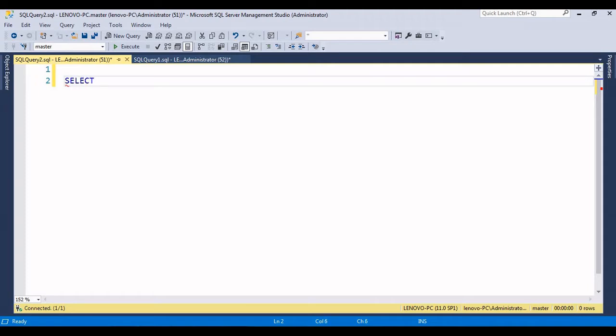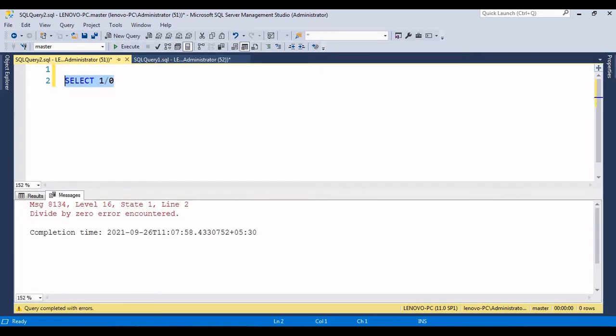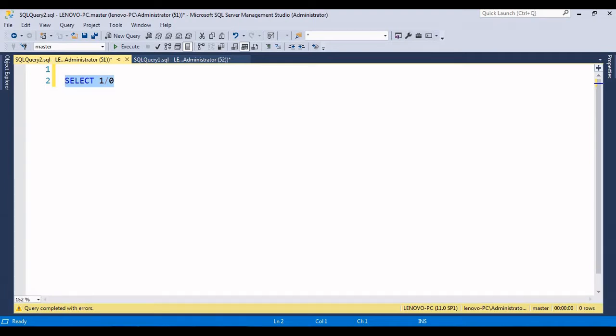SELECT 1 / 0. If I execute this code, what will happen? Will it give an error, or will it execute successfully? Basically it gives an error: divide by zero error encountered. If you want to handle this kind of error, and not only this, any kind of error,